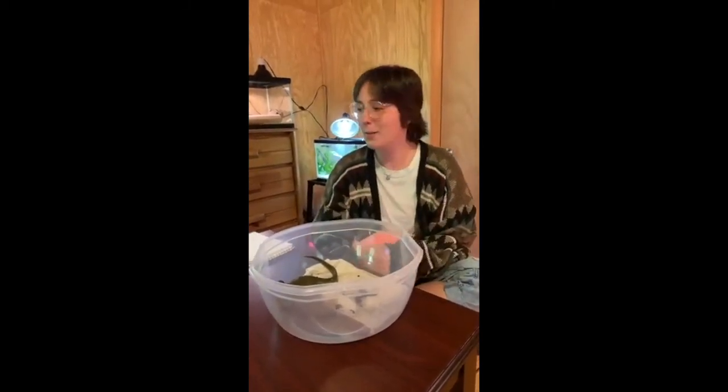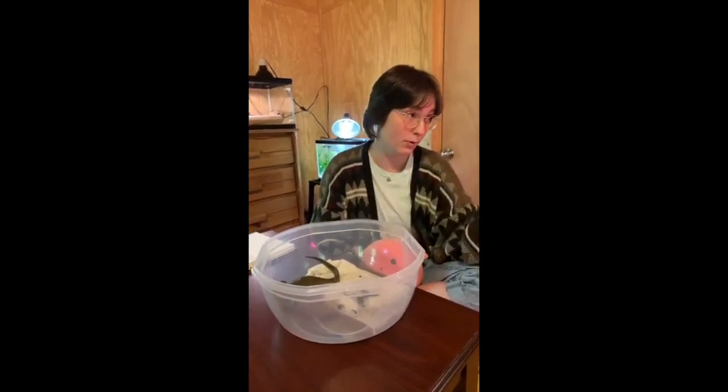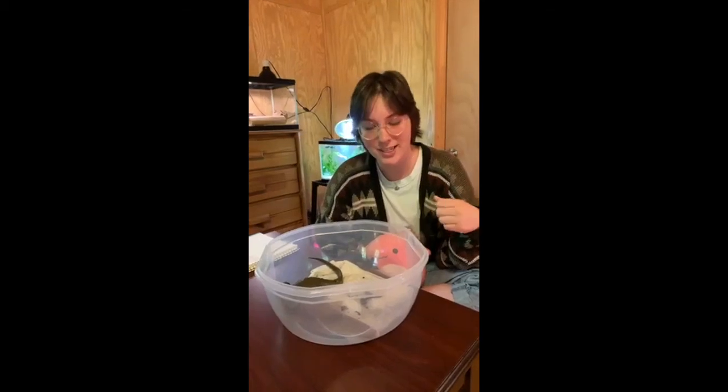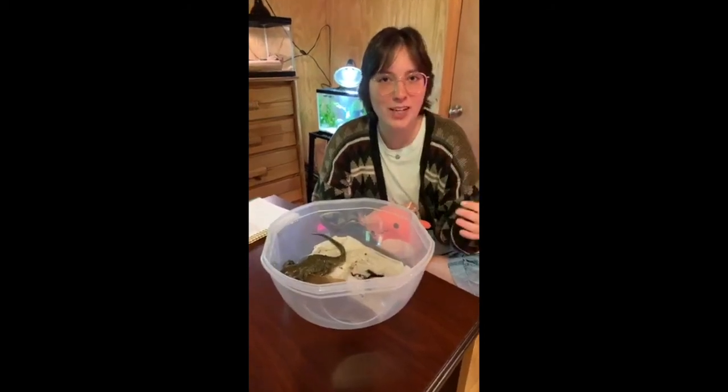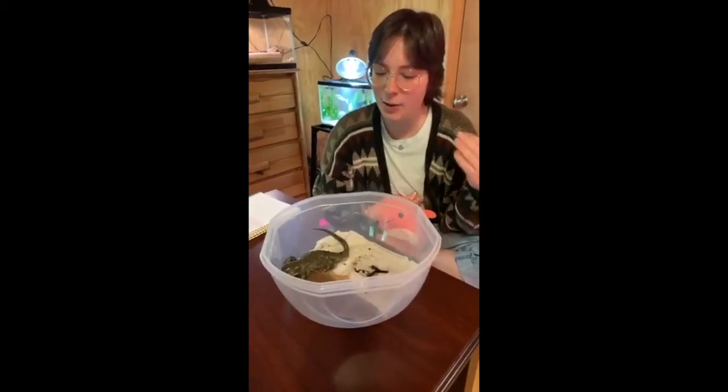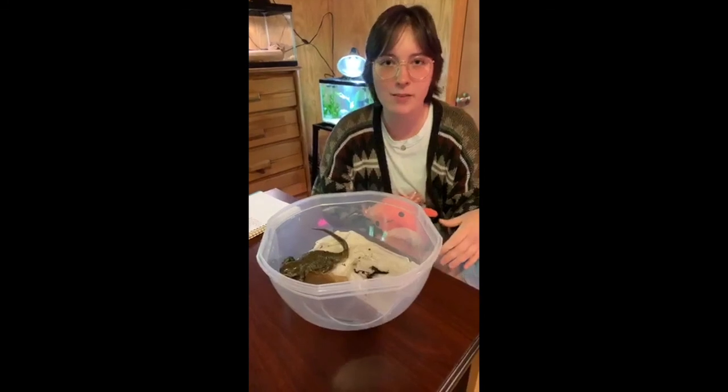And that is called metamorphosis. It's just the change of life that these guys go through. Almost like when a caterpillar turns to a butterfly or a tadpole turns into a frog. Salamanders and all amphibians go through something very special called metamorphosis. And I just find these creatures so fascinating. They're slimy and weird and cool, and they always need that water to survive, even when they do go up